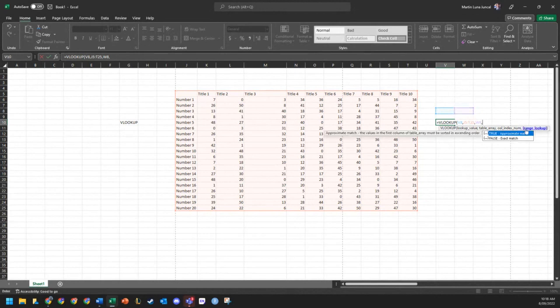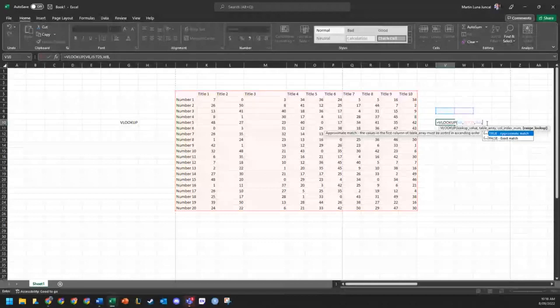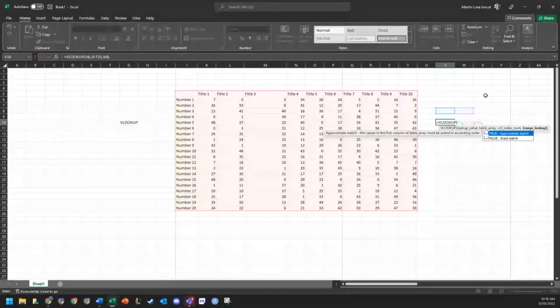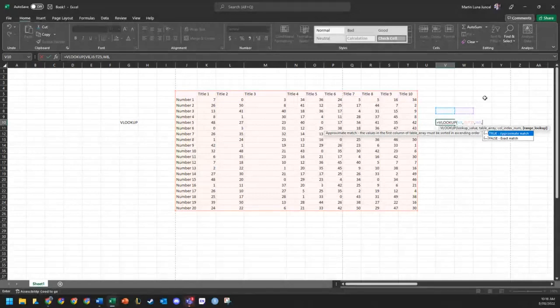And then we're going to put a range lookup. So this is the last part of the VLOOKUP table, and this is where we can get either an approximate match or an exact match. So what do we mean by that? If we are doing an approximate match, VLOOKUP will find the first value that is resembling our input data and give that to us. So it'll sort things in ascending order, and it won't give us exactly what we want. It'll give us the closest thing to what we're after based on what comes first. So we don't usually want that, and most of the time you're almost always going to want an exact match. So we're going to put false,